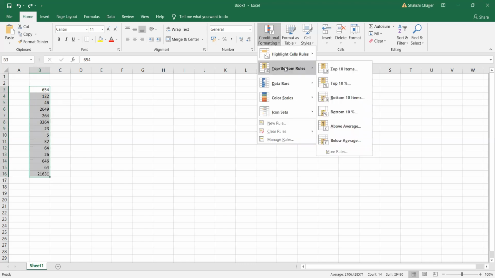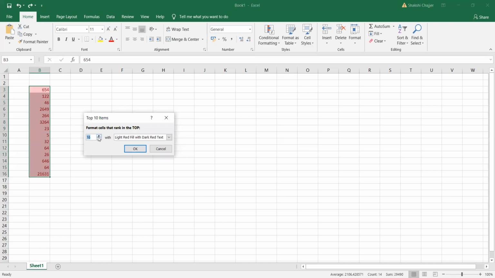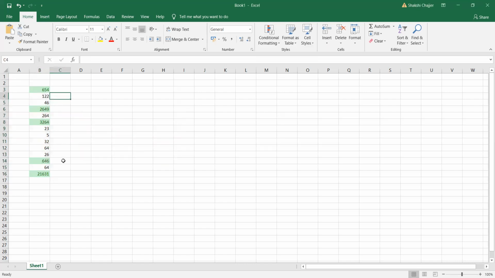Let's say I've selected this. I go to top bottom rule. I want top 5 items to be highlighted with the green color with dark green fill. Okay, so can you see this got highlighted?